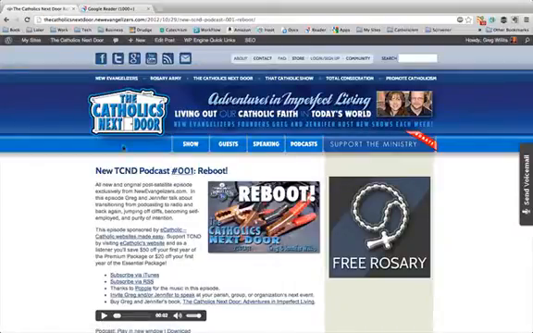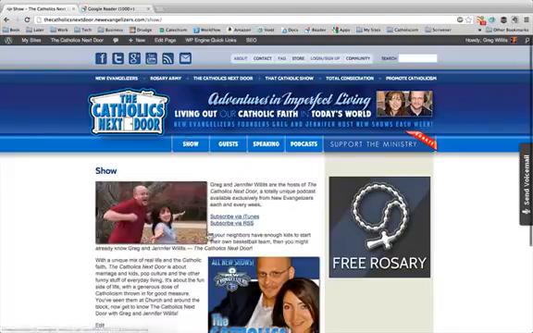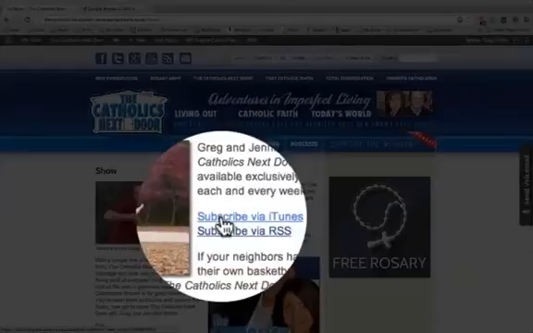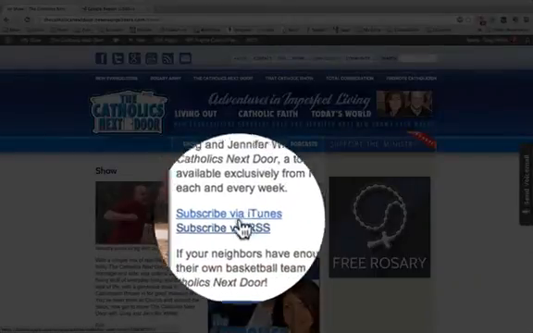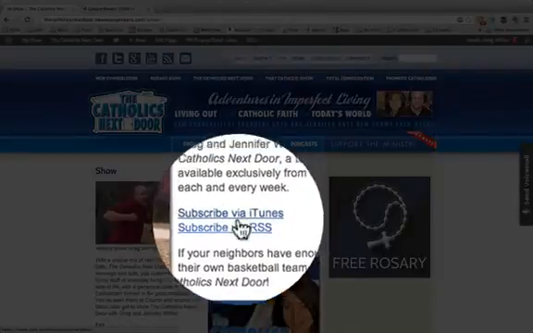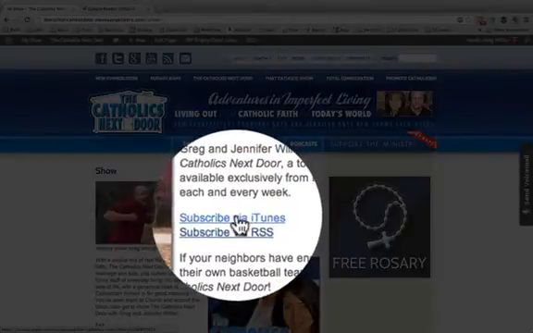I want to focus either on playing it from our website at thecatholicsnextdoor.com, or if you want to subscribe via iTunes. Now, here's the thing. I'm going to show you two different ways. If you use iTunes right now, or if you use something else like Zune or some other MP3 player, it'll be a similar thing, but this link on our website, subscribe via iTunes, will link directly to and open up iTunes. Same thing as if you click here on this show tab right here. It'll take you onto the description of our show, and it has a link directly to subscribe via iTunes or subscribe via RSS. The subscribe via iTunes will link directly to iTunes.